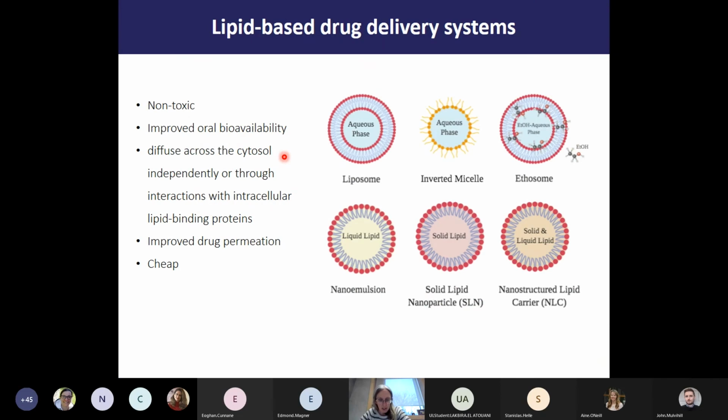So we do a lot with hydrogels. Some of you may have seen James Flynn's PhD presentation back in October, but today I wanted to focus on the work we do with lipid-based drug delivery systems. So lipids, and I suppose I picked this as well because you're all familiar that a solid lipid nanoparticle is used in your